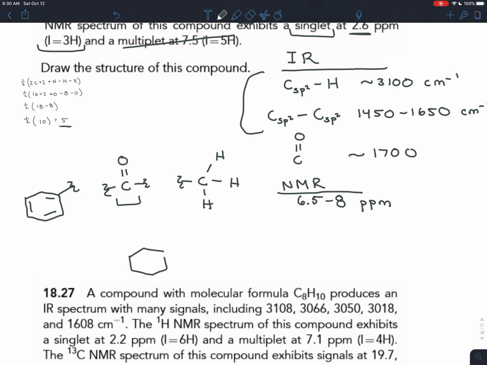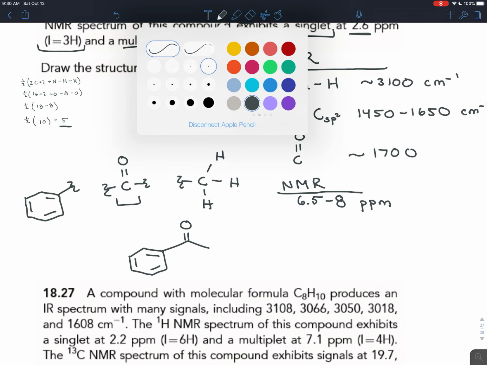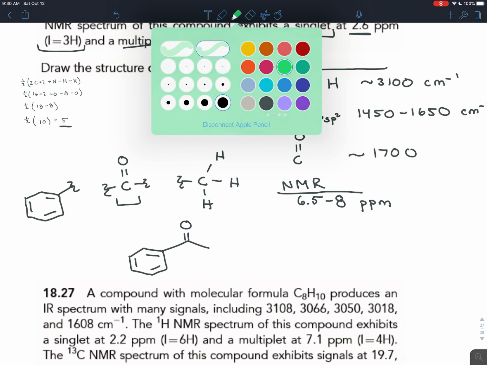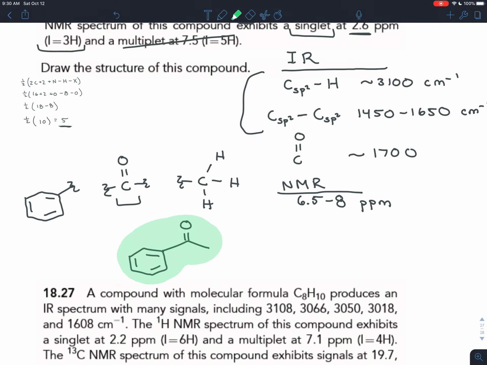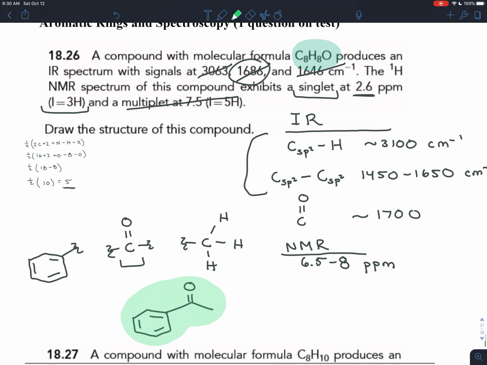You put those 3 together and you get your final molecule, which would be that beautiful thing right there. So we followed that normal procedure. We used the index of hydrogen deficiency first to see the degrees of unsaturation, and then we watch out for key things in the IR spectrum and in the NMR spectrum that would let us know there's a benzene. We figure out the number of branches on benzene, and we use the rest of the materials and the splitting pattern